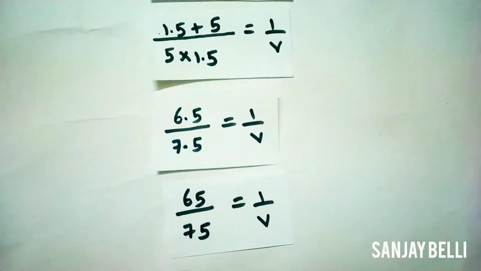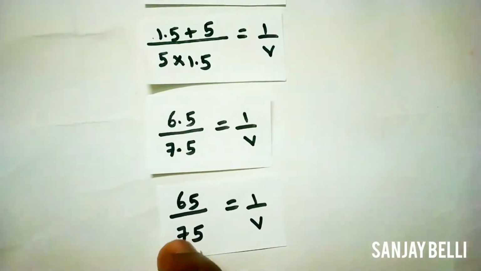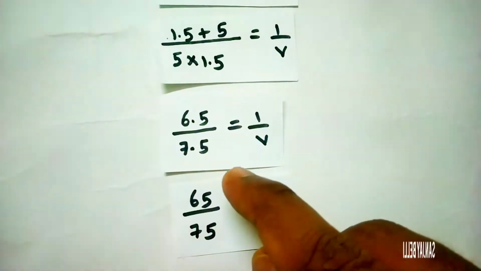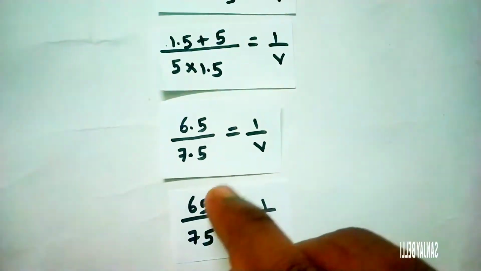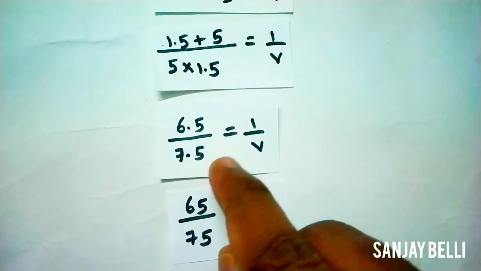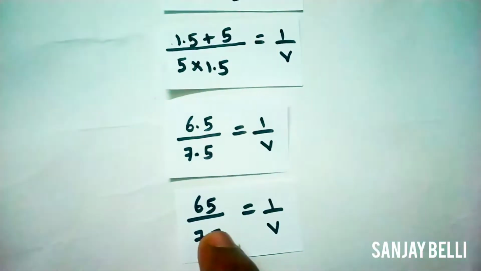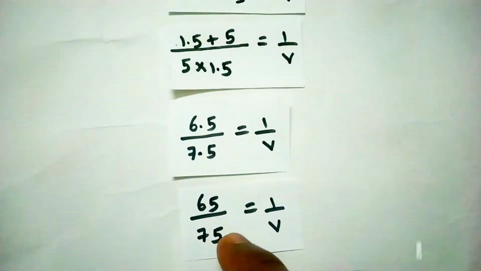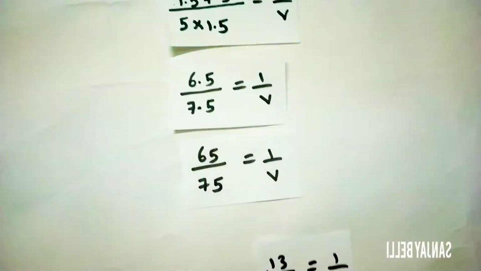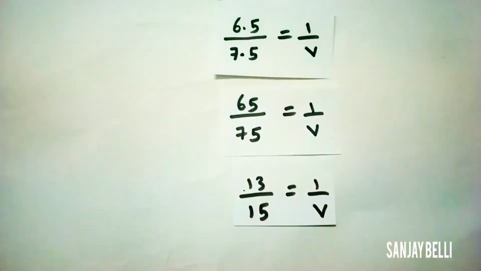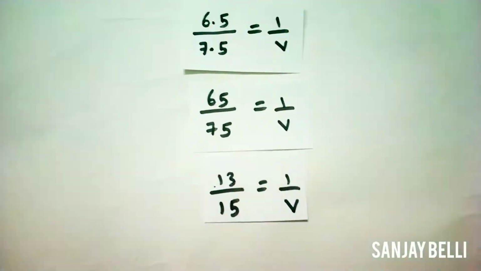Here 5 ones are 5 and 2 remains, 5 fives are 25. That is 13 by 15 is equal to 1 by V, but we want the V value, so V equals